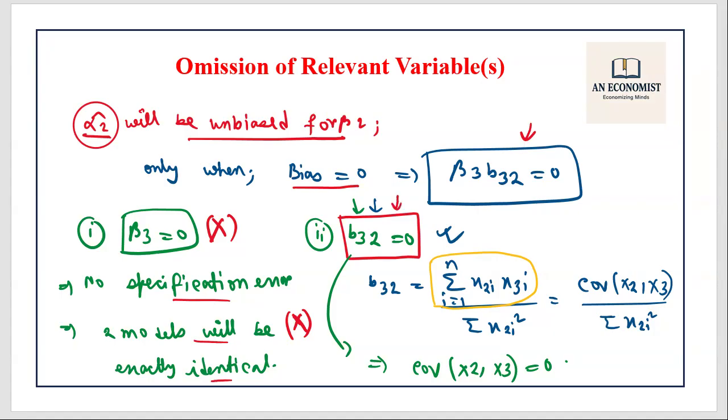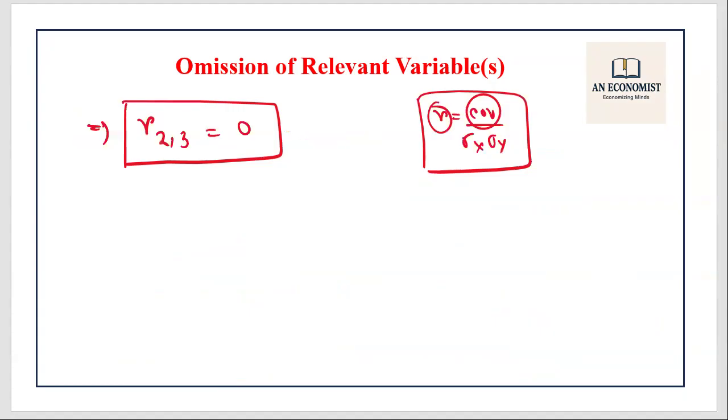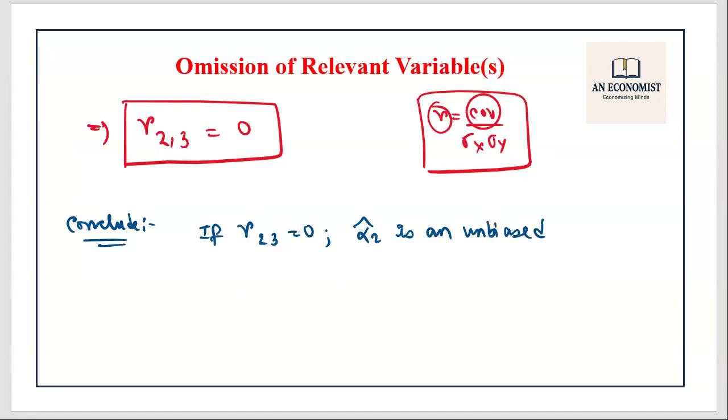So the only possibility is that beta 32 equals 0, which has given us the criteria that R23 equals 0. So what we can conclude from all these things? If R23 is equal to 0, alpha 2 cap is an unbiased estimator of the true population parameter beta 2,